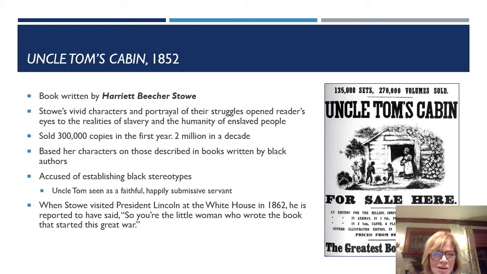No matter how kind he is, Simon Legree, this slave owner, is just ruthless and mean, and so it kind of tells a story about that and some other characters too in the book. Harriet Beecher Stowe never met slaves, and she based the characters upon books that she read by Black people, right? So she was criticized for it. Some people criticized her for kind of establishing these racial stereotypes for Black people, but it had a huge impact,